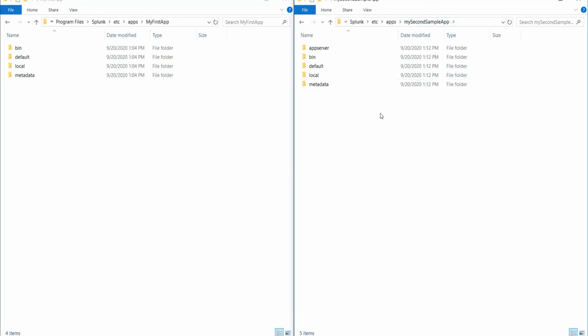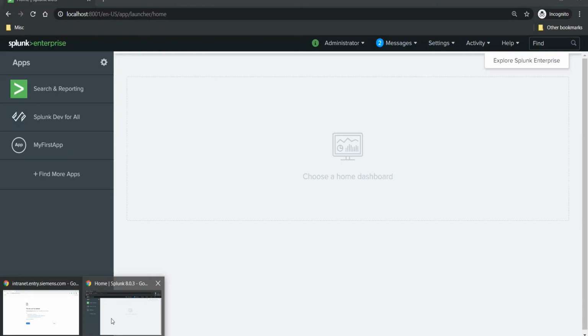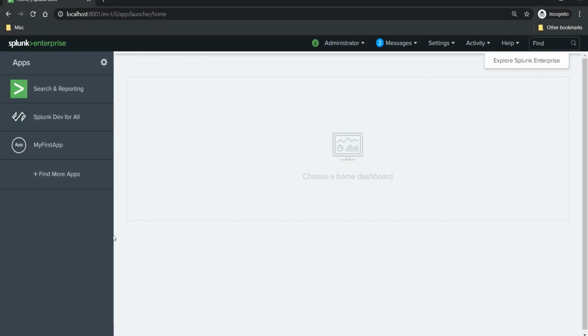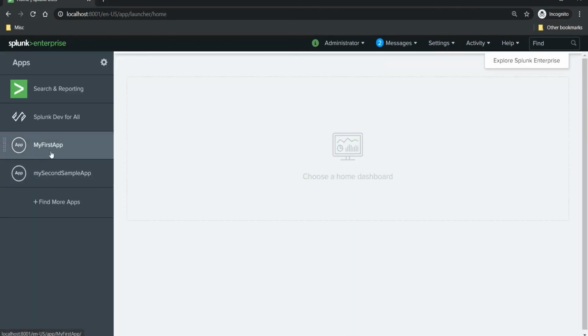So this is the way we can create a Splunk application from the web UI as well as from the command line. If you go to your Splunk application and refresh it, you should see both my first app and my second sample app appear in Splunk.